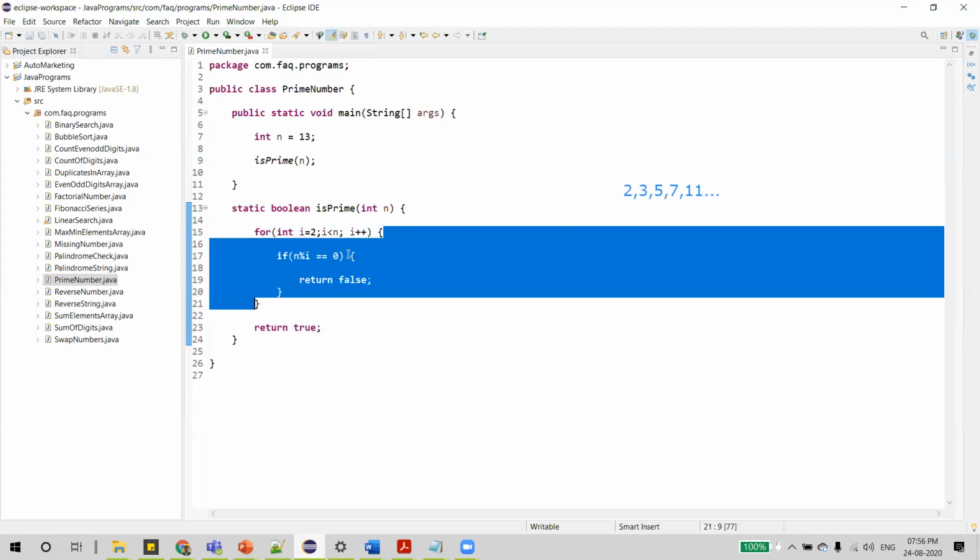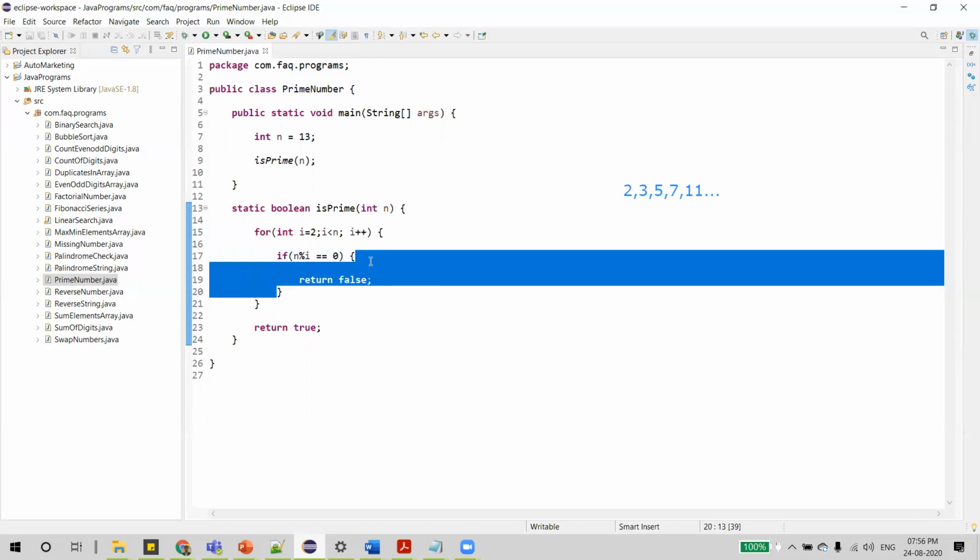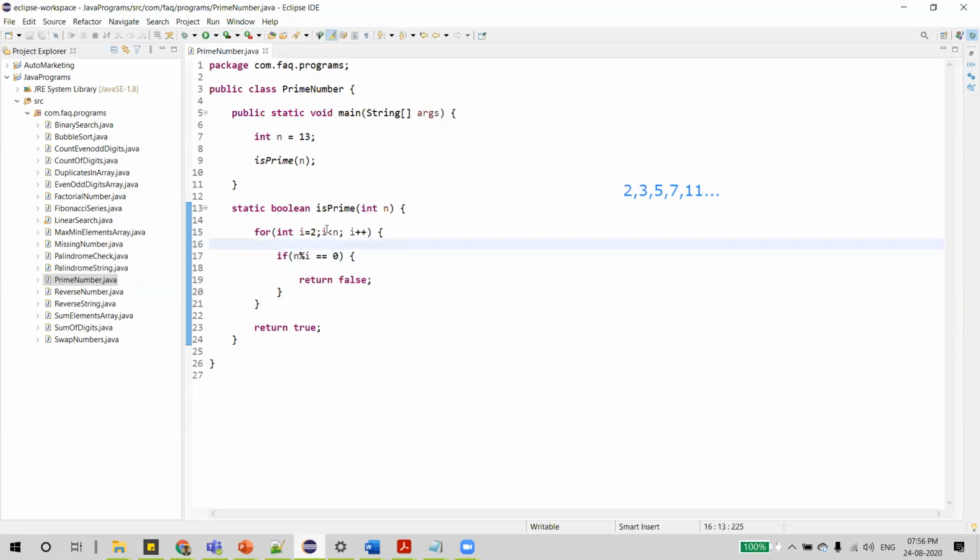If you observe here, the loop starts with 2, and in our case 13 modulus 2. What is the remainder? The remainder is 1, so this condition is false. So i is incremented to 3. 13 modulus 3, in that case also the remainder is 1. 13 divided by 3, remainder is 1.